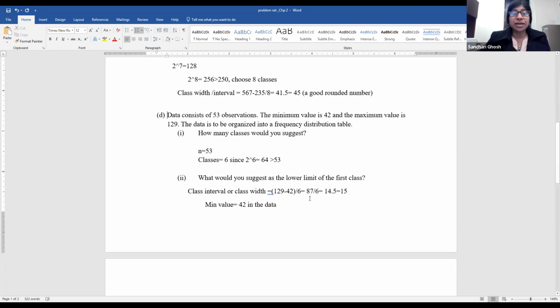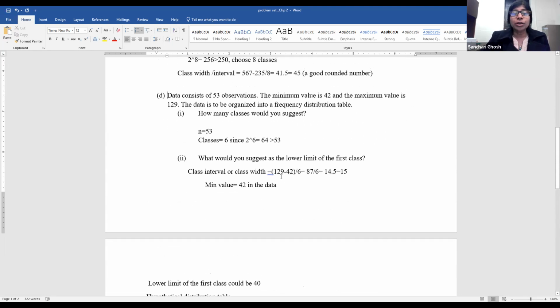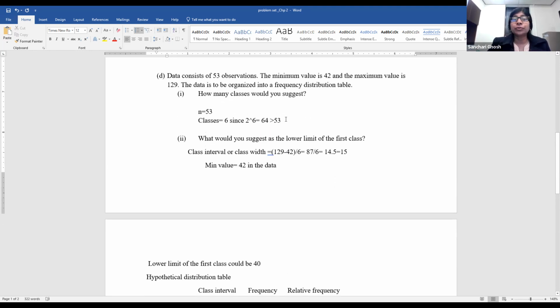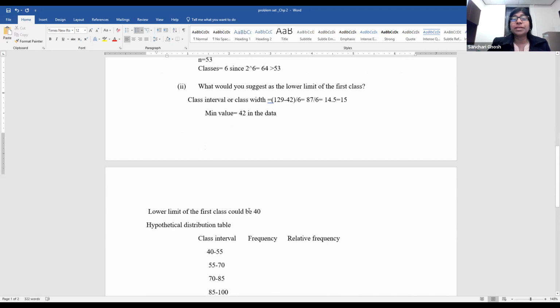The same thing here, as you can see, minimum value 42, class width is 15. In this case, the data is to be organized into a frequency distribution table. Data consists of 53 observations, minimum and maximum is given. So you have 6 classes, since 2 to the power 6 equals 64, greater than 53. And if you find out the class width, it's 15. Minimum value is 42, the lower limit of the first